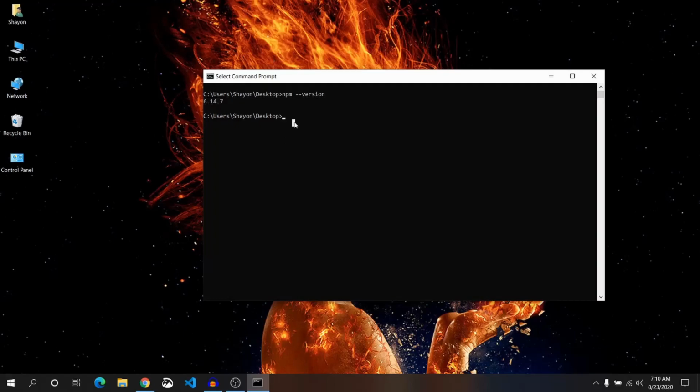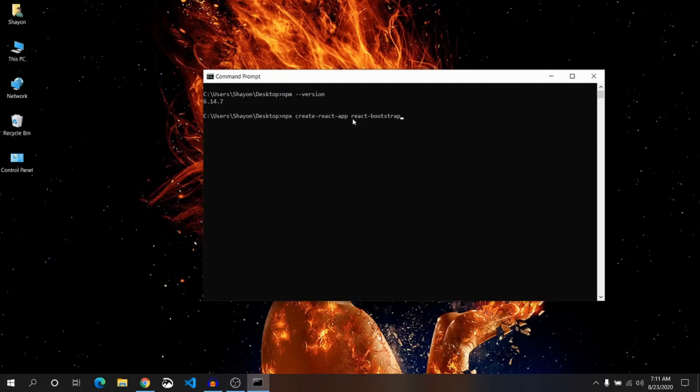By using Node.js, we are going to install a React app on our desktop. Just write npx create-react-app and the name of our app, that would be react-bootstrap.